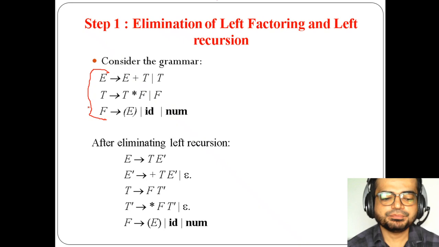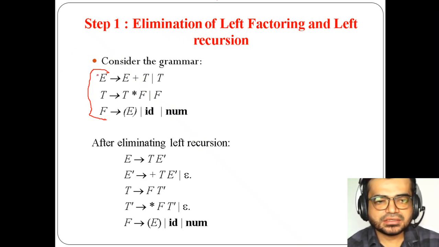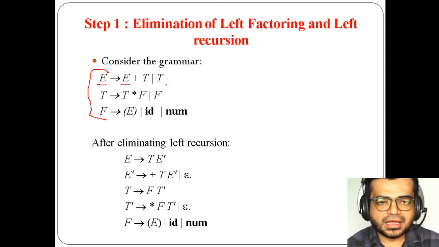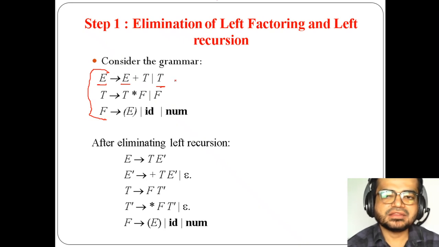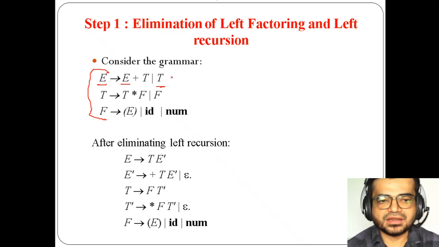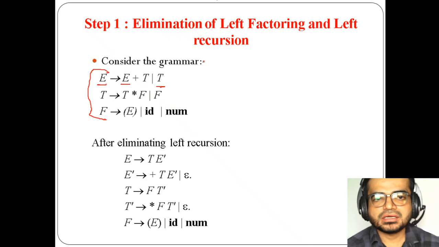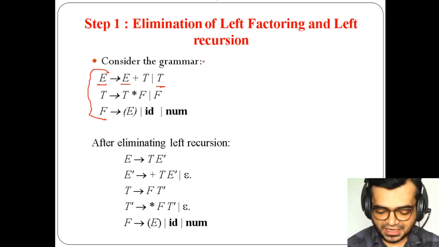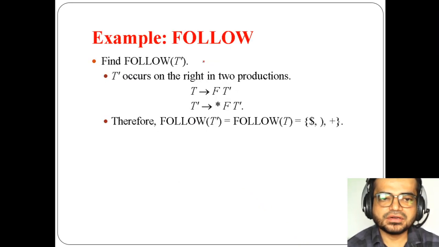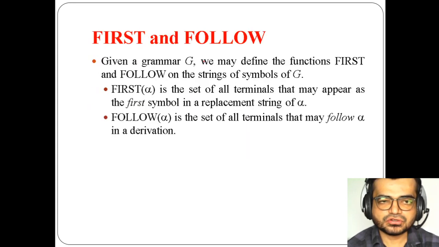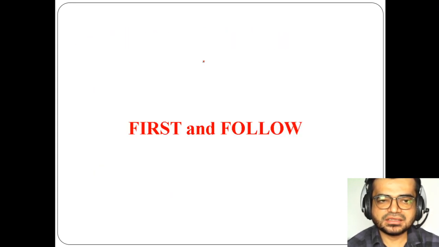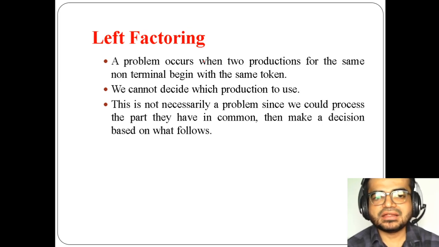Because if you observe carefully, what you can find here is, here this is my E, and here E is there, and here T is there. For example, if instead of T, E comes here, then you can say that there is a left factoring. So there is a need to eliminate that left factoring, and I have also covered left factoring before this concept. So you can verify the left factoring process.